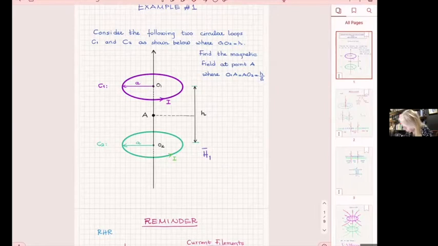So at point A, it is of course along the Z direction,